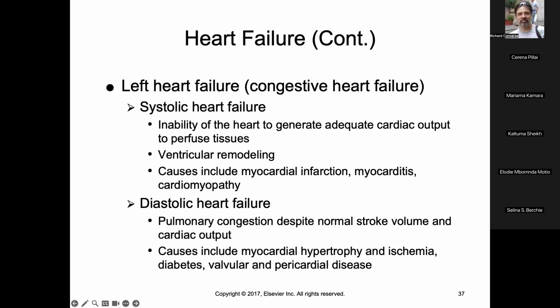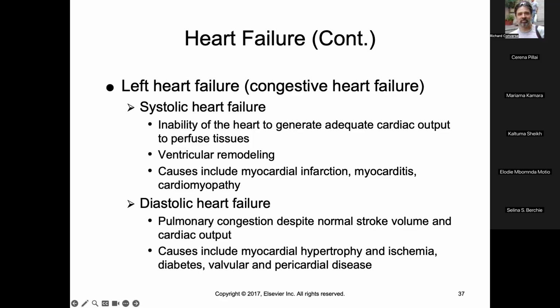Left-sided heart failure or congestive heart failure is the inability of the heart to generate adequate cardiac output to perfuse the tissues, resulting in remodeling of the ventricle. Causes include myocardial infarction, myocarditis, cardiomyopathy. Okay. So, again, what's happening here is that the left side is not keeping up with the right side of the heart. All right. So, when the left side of the heart is not keeping up with the right side of the heart, the blood is going to pool in the lungs, and that's going to result in a pleural